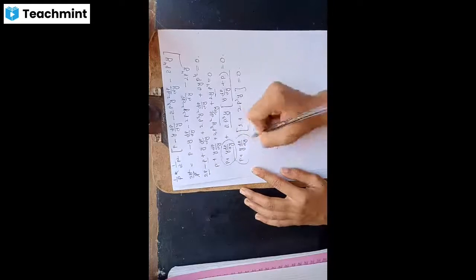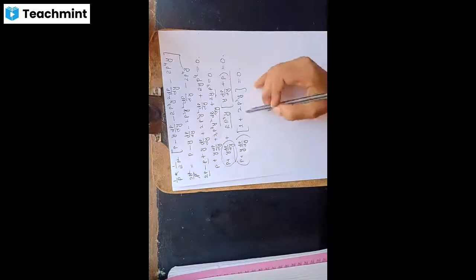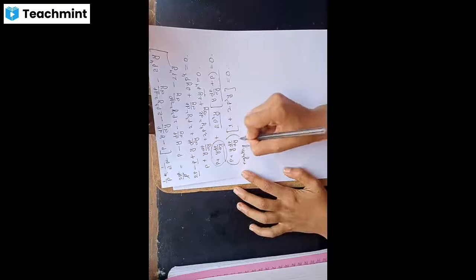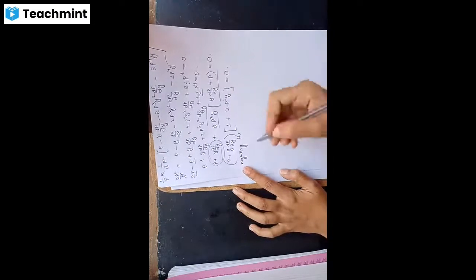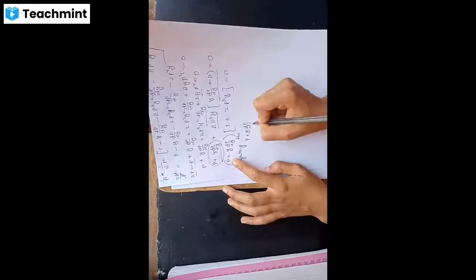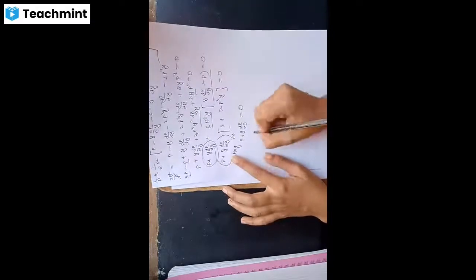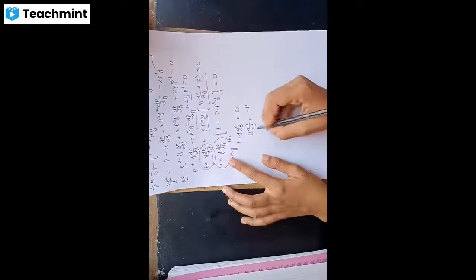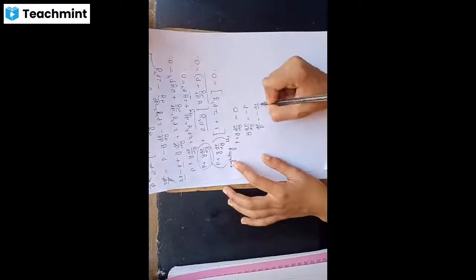So we get the product of two terms. Now we have to neglect the term which does not contain the dp by dy term. So I am neglecting the second term, which does not contain any dp by dy value. So I will take only the first term, p plus y dp by dy is equal to 0. Okay, so now y into dp by dy is equal to minus p. Now separate the variables, dp by p is equal to minus dy by y.